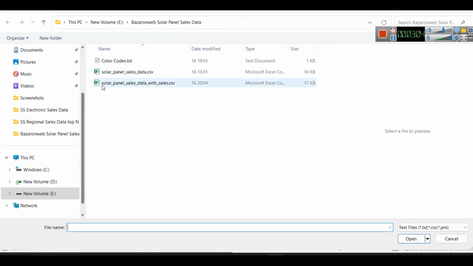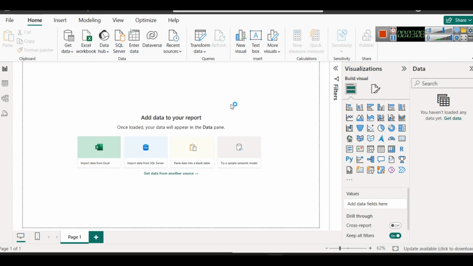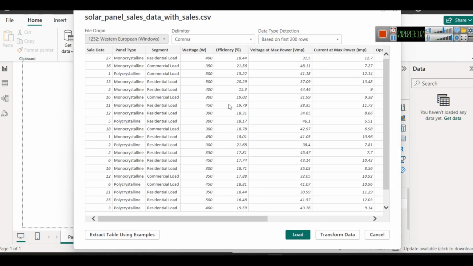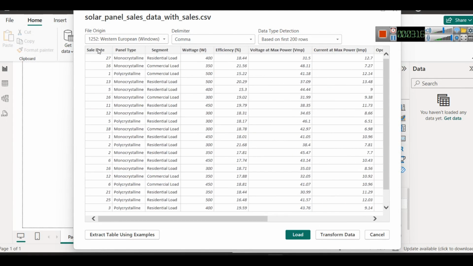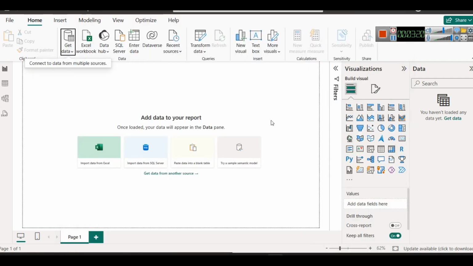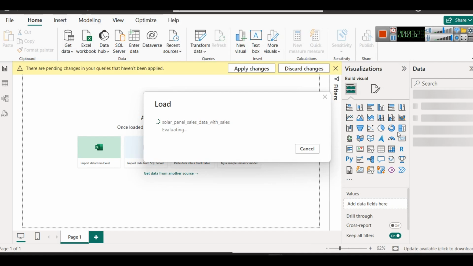So here we will select the solar panel sales data with sales, open it, and once it is open, make sure everything is correct and connected properly, columns and values are appearing properly, and you can load it. After loading it,